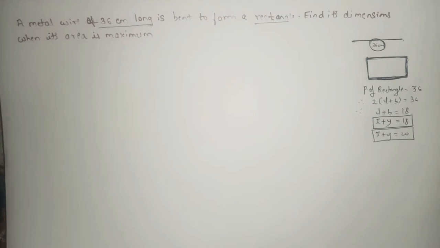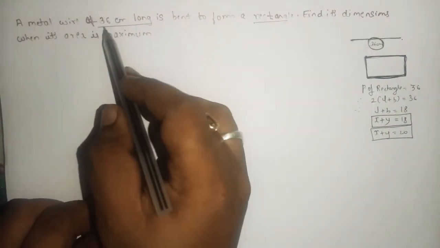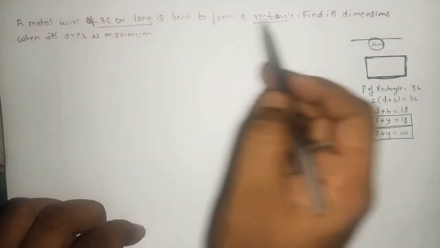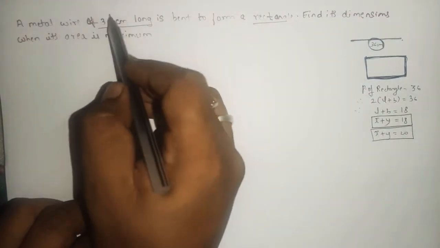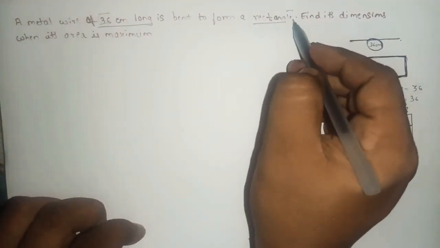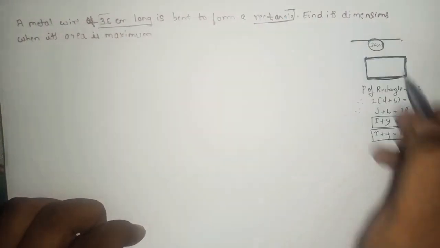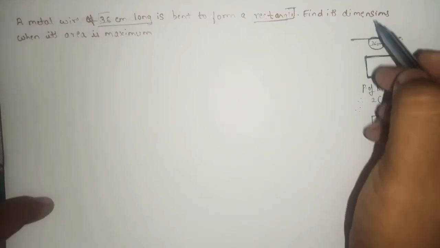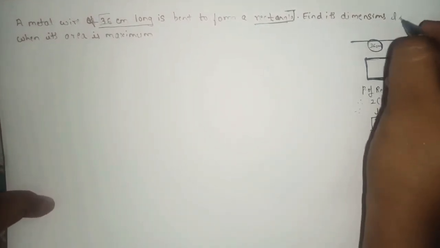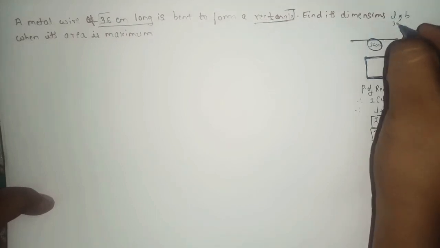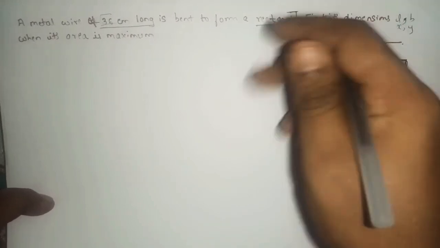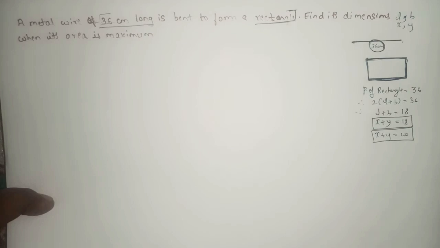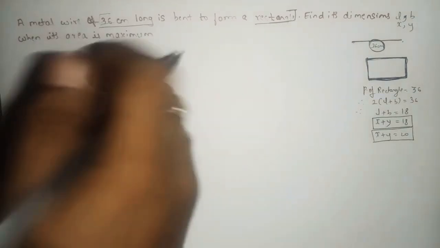Okay, so this was the hint: 36 centimeter long wire is bent to form a rectangle. Actually the meaning of the sentence is the perimeter of the rectangle. Understood? The perimeter of the rectangle was given as 36. Then after that, find its dimensions. Dimension means you have to find the length and breadth. So indirectly we have to find the value of x and y, because in this sum we'll take length as x and the breadth as y. Yes or no? When its area is maximum,